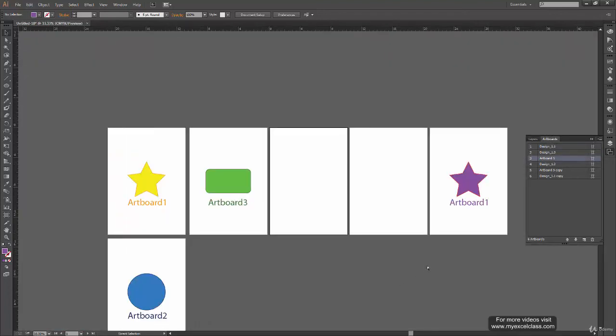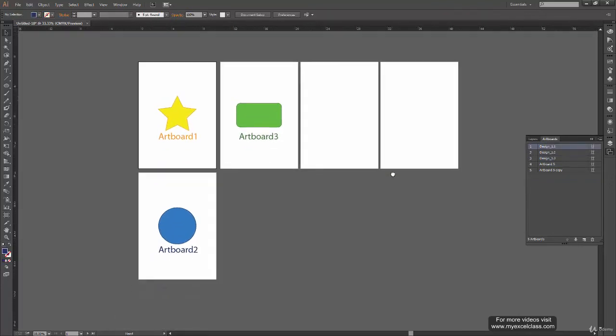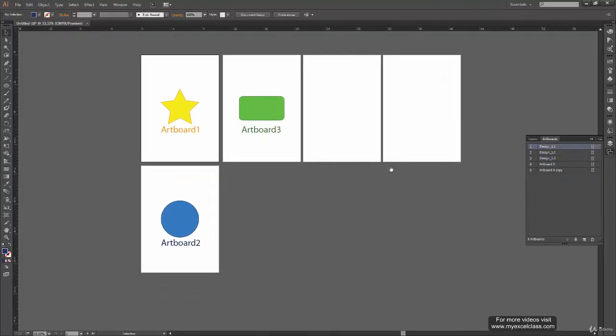So yeah, let us quickly go back to a level where we created this. Okay, so we have our two duplicated artboards, two empty artboards, three filled artboards, and now let's select the fifth one and click on delete artboard. So you know what delete artboard will do? It will just delete the selected artboard. So I'm not clicking on it.